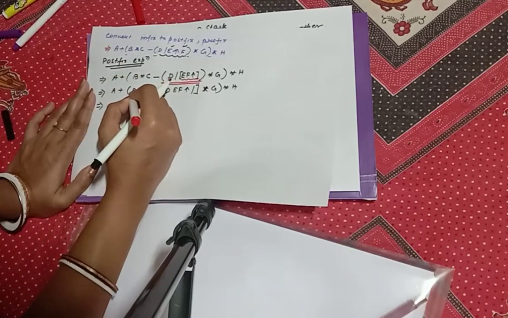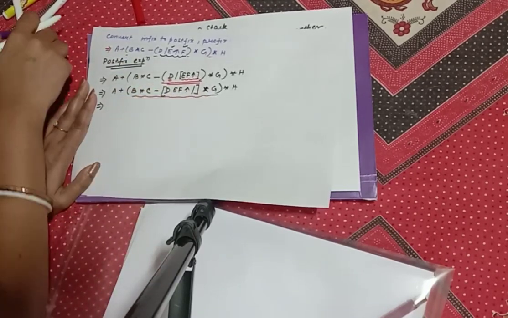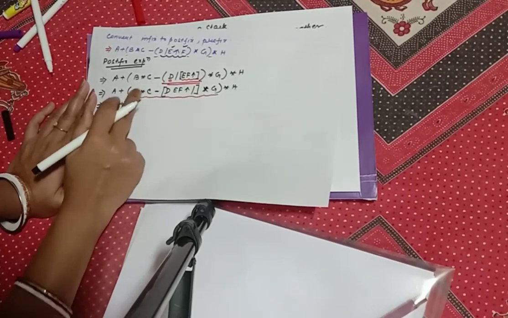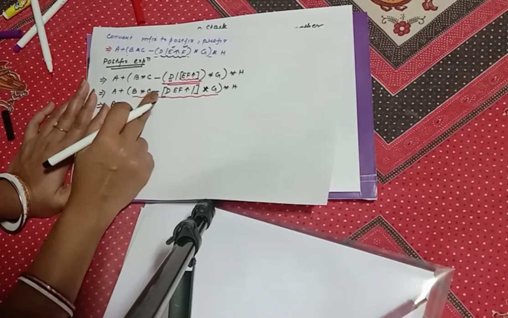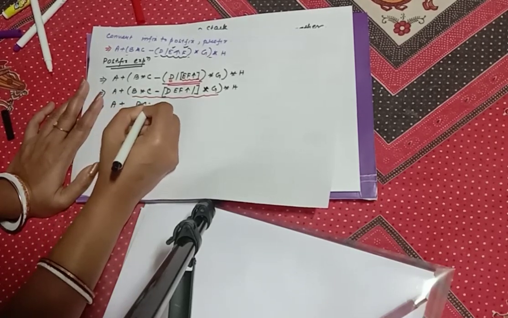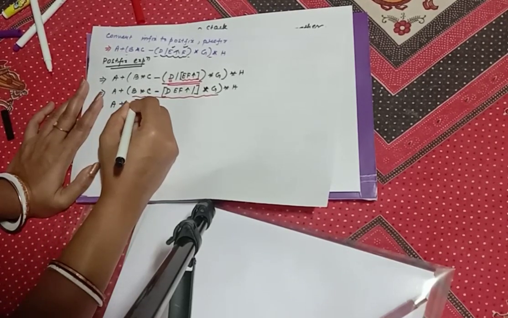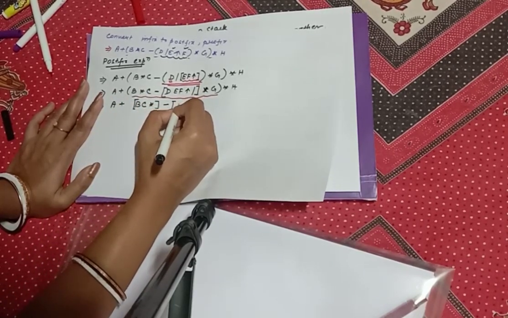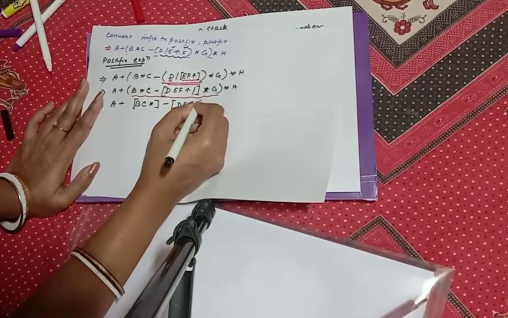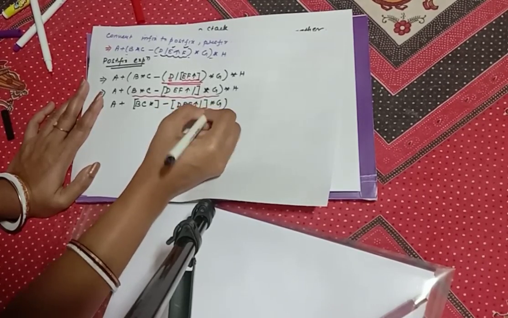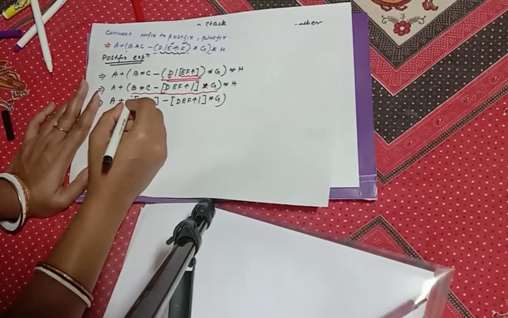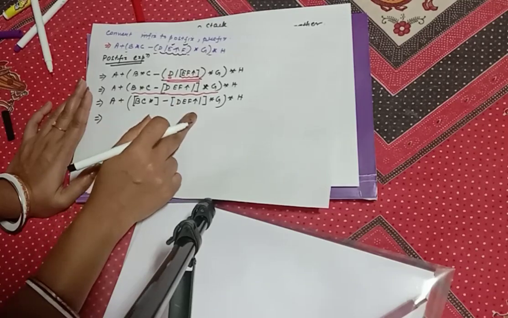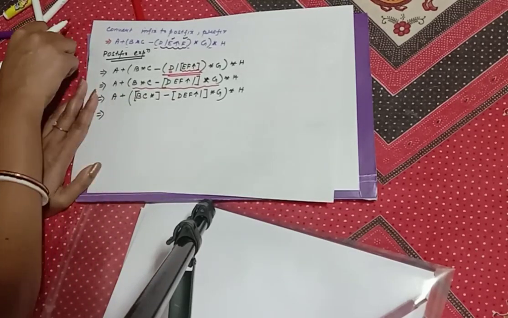Now the bracket is this portion. Okay, so A plus. By scanning we see that there is a multiplication, so this will get priority over this. So we'll write BC into. This portion is solved, we keep it in a third bracket and then again we write DEF into G into H. The bracket still needs to be solved, so we see